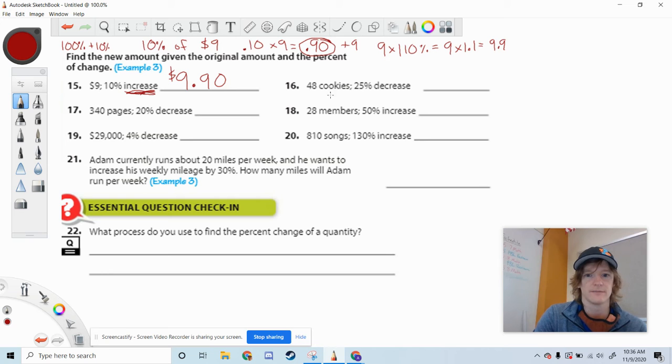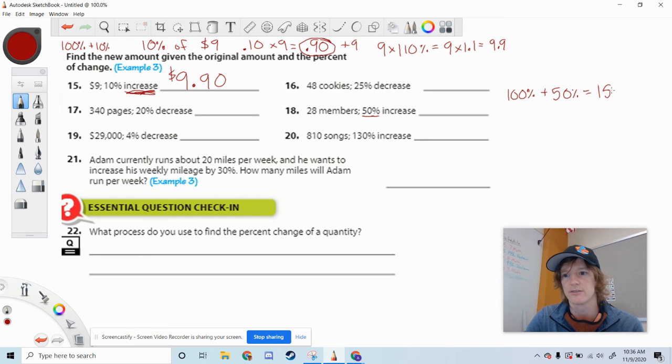Let's look at number, I'm going to jump to number 18, and I want to explain it again as we just did, because it's another increase one, and then we'll do the decrease. We'll do 18 and then 20, and then we'll do the decreases together. So for number 18, we're starting with 28 members, and we're going to increase by 50%. So that means we're going to start with 100% of the members, and we're going to increase by 50%, not 5, by 50% of those members as well. So this is a total of 150%